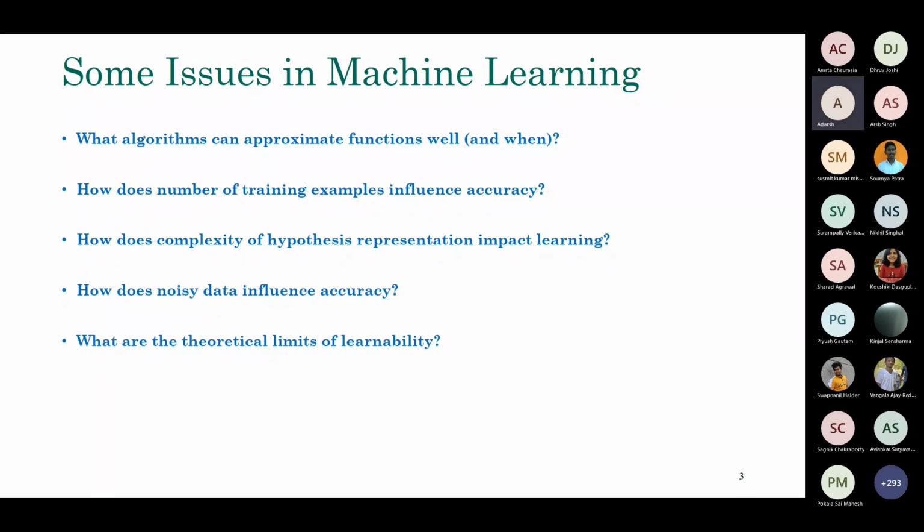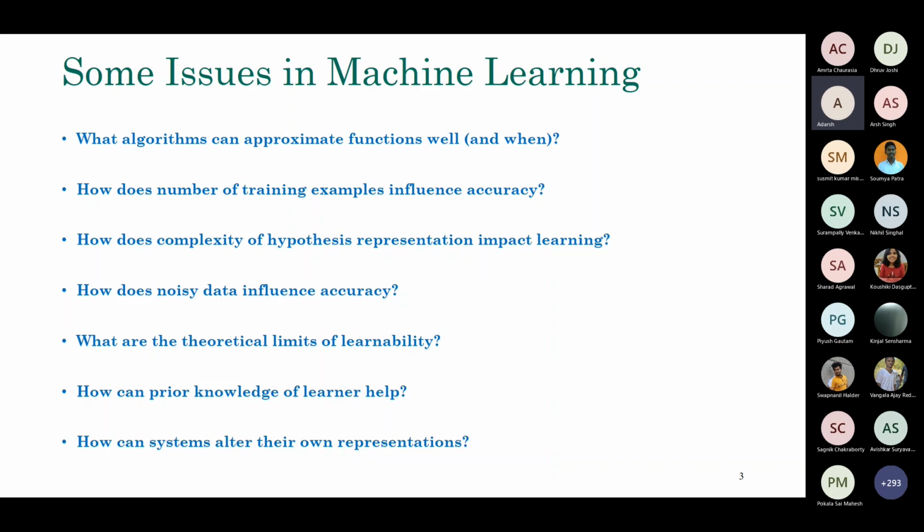Then, of course, the theoretical limits of learnability. Building a model is not enough. You need to give some kind of performance guarantee, telling that, given this kind of data distribution, what this model can actually do and how much it can actually learn. Depending upon that, you can determine whether you should apply it in a particular situation or not. Sometimes prior knowledge is used in building a model. So how can you use prior knowledge to help build the model?